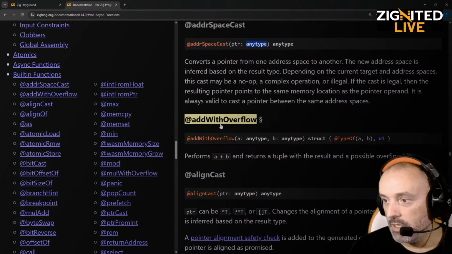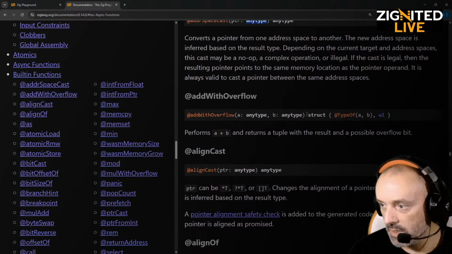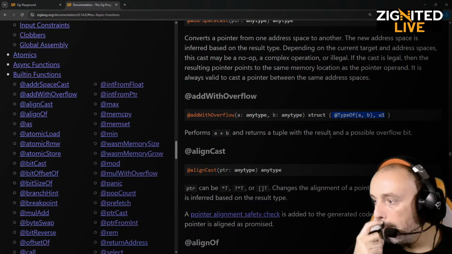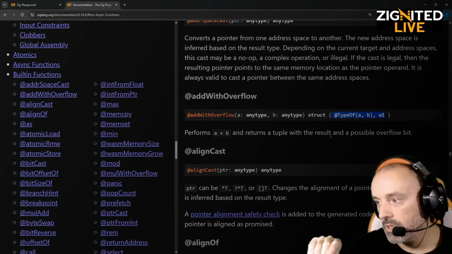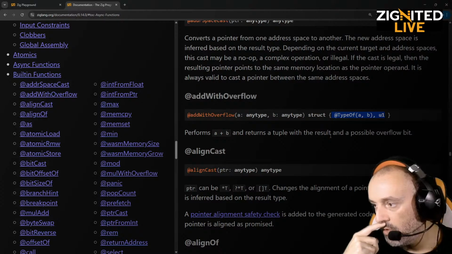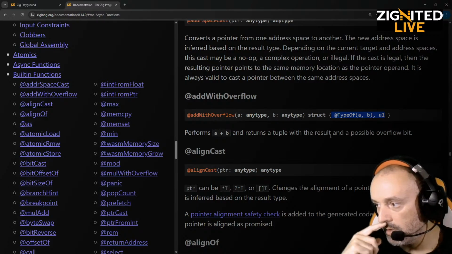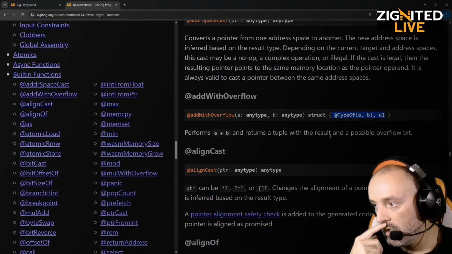Where were we? Add with overflow is the next one. And this one has two parameters, A and B, which can be any type. And it returns a struct, which basically, before it returns the struct, will invoke another built-in, type of, for the same inputs. So it's passing them to the type of, and then